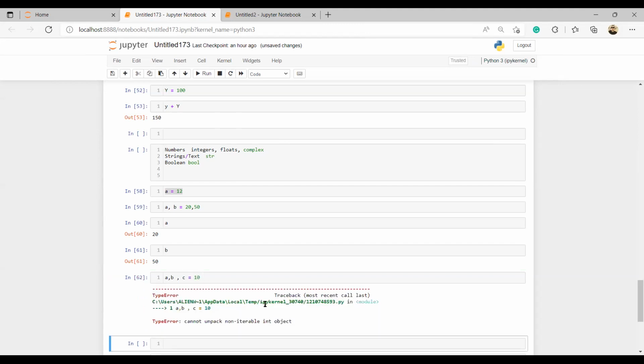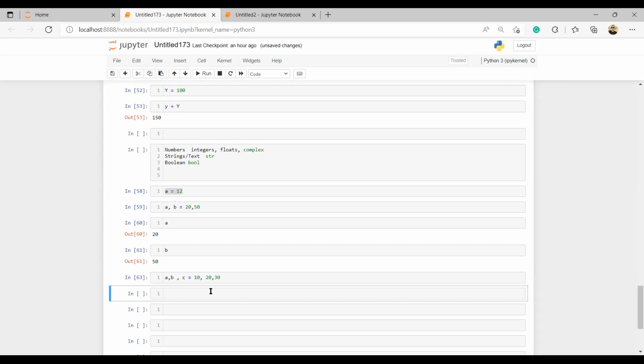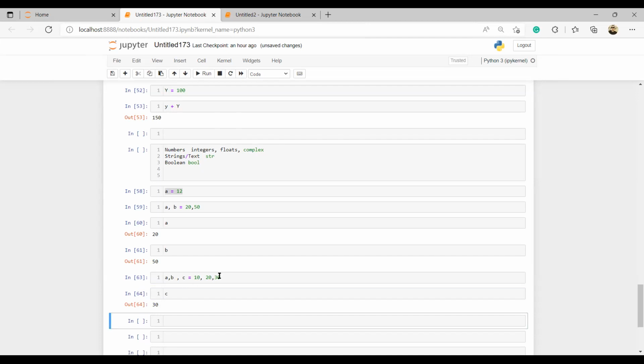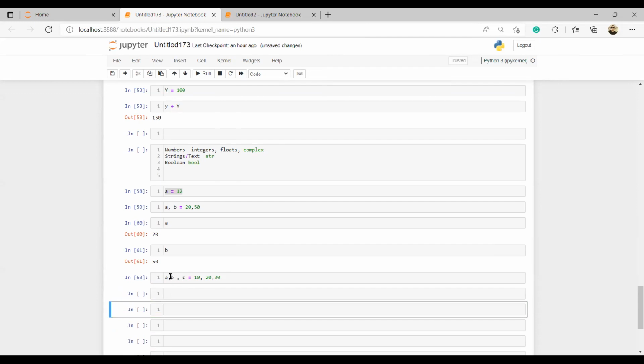Can you see that? Yes, sir. But if I have now said, okay, comma 20, comma 30, and I run it. So you see, even with this space, if I call C now, it's still 30. If I call B, it's still 20. If I call A, it's still 10. So the spacing may not really matter at this point. It's just for readability.